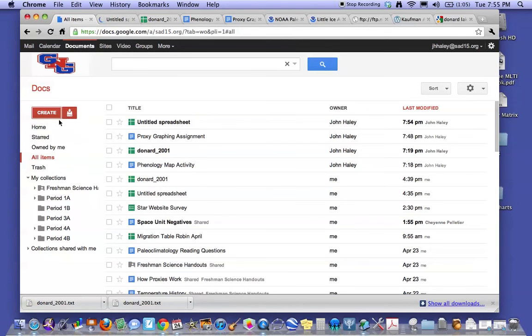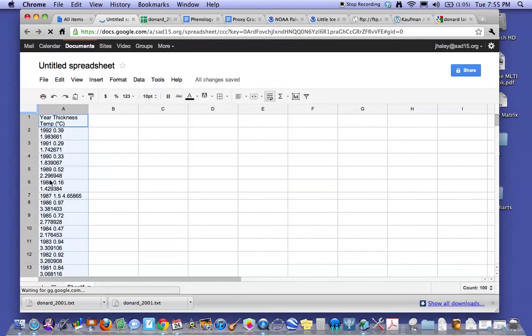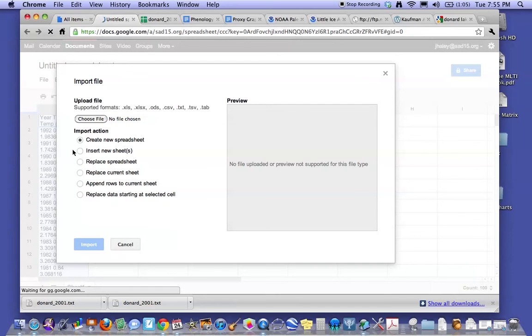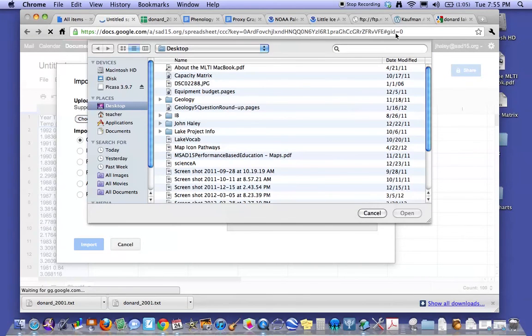And then what I can do is I can go back to my spreadsheet, which now has all my messed up data in there, and I can go to File, I can go to Import, and I then choose a file